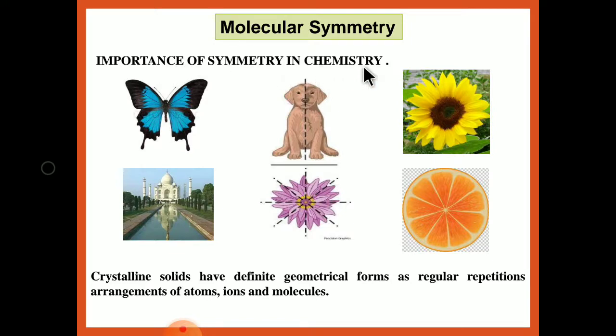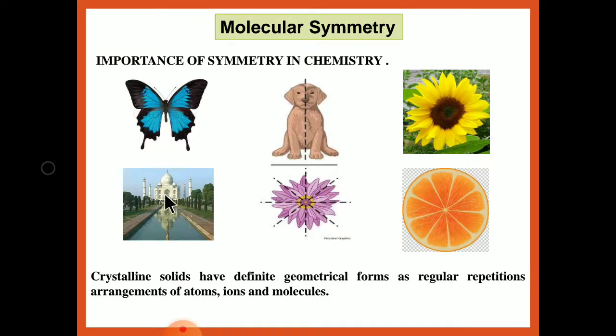Symmetry is a phenomenon of the natural world as well as the world of human invention. In nature, many types of flowers, plants, insects, certain fruits and vegetables and a wide variety of microscopic plants and animals exhibit characteristic symmetry. Here are some examples. First is the butterfly. If we cut this butterfly into two equal halves, one part is exactly equivalent to the other part. So we can say that the butterfly possesses symmetry.